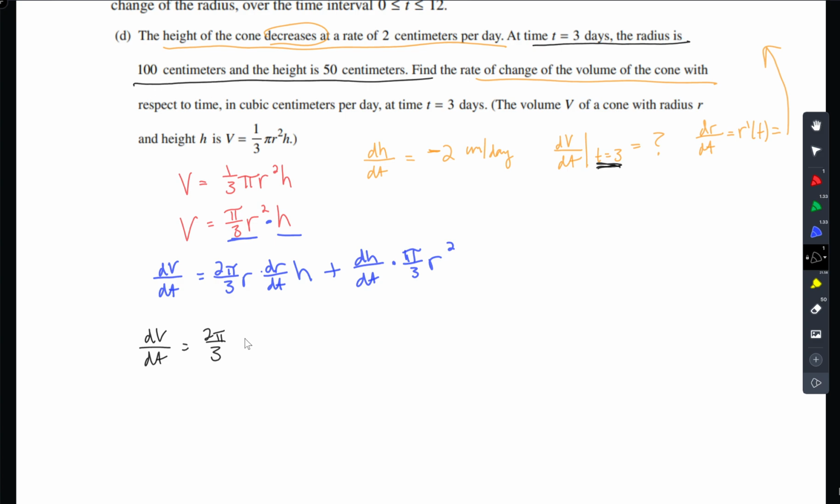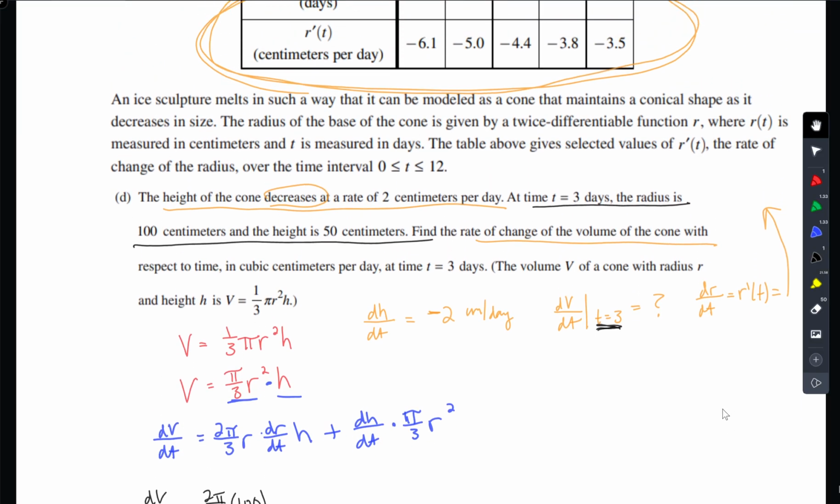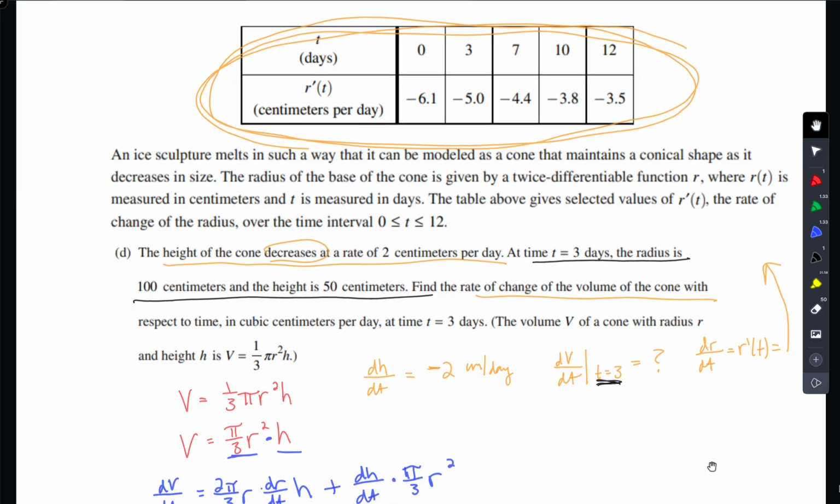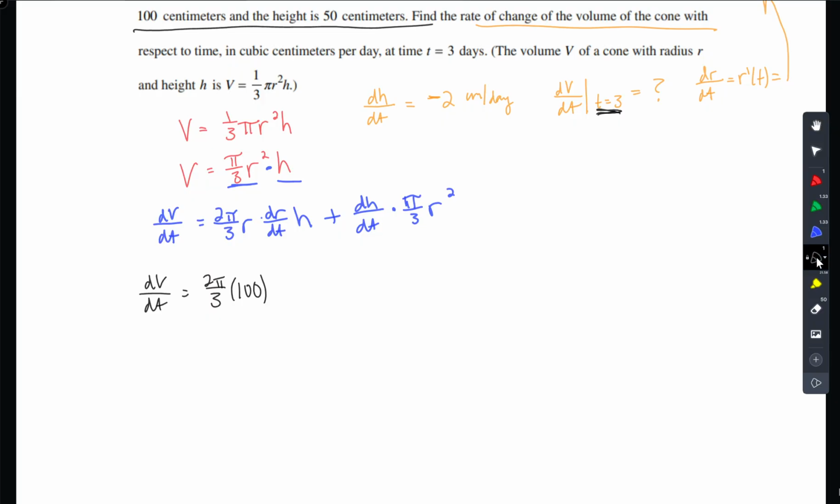Yes, 100. Then dr/dt. What do I do for that? Oh wait, it's up there. At 3 days, the rate is negative 5. The sneaky sneakies. So we're going to put in negative 5. This was also no calculator, just FYI, this question. Okay, the height, 50,